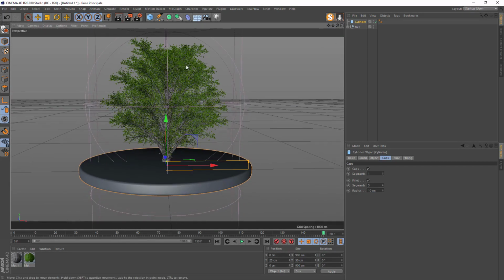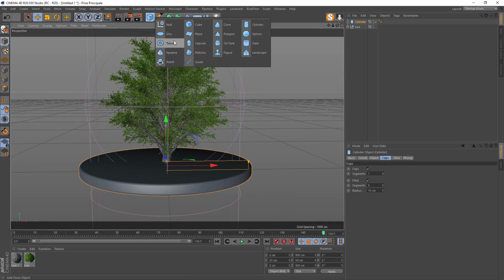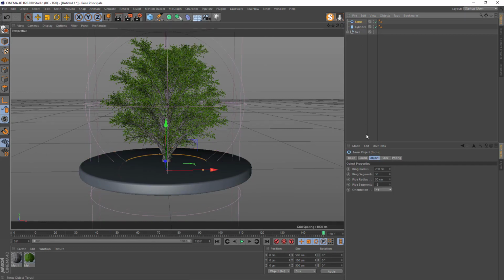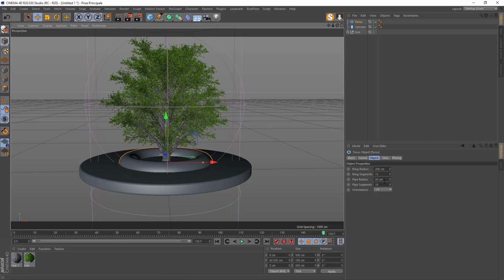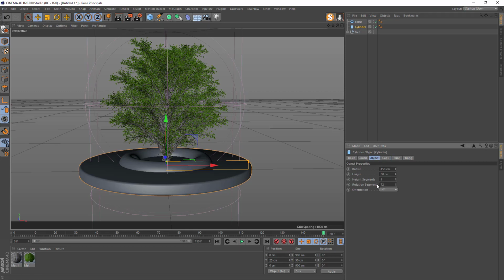We will add a torus. So go there, create a torus. Ring segment, put 72 again, move it up, and for the radius, for this one we'll put how many? 450.